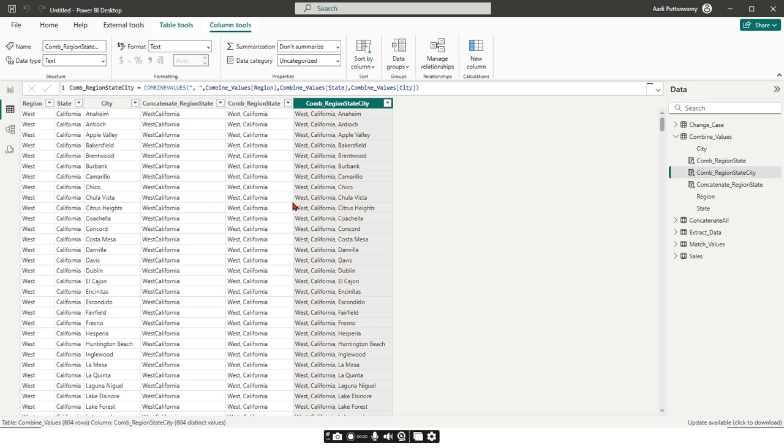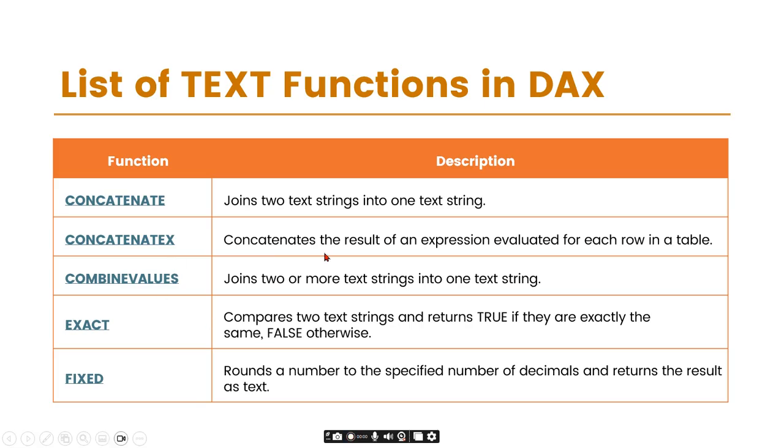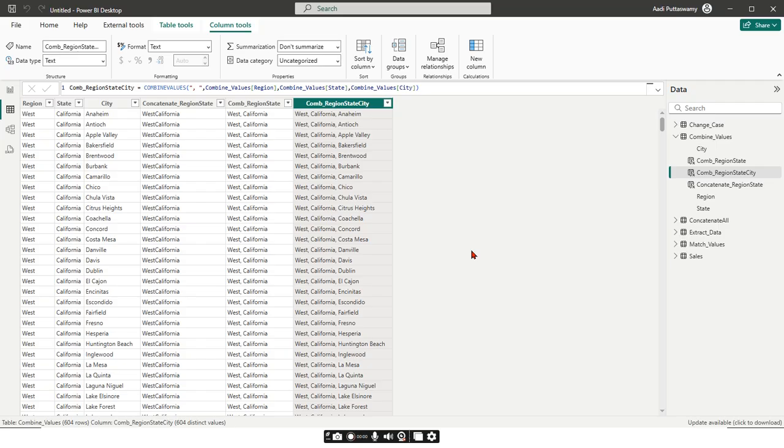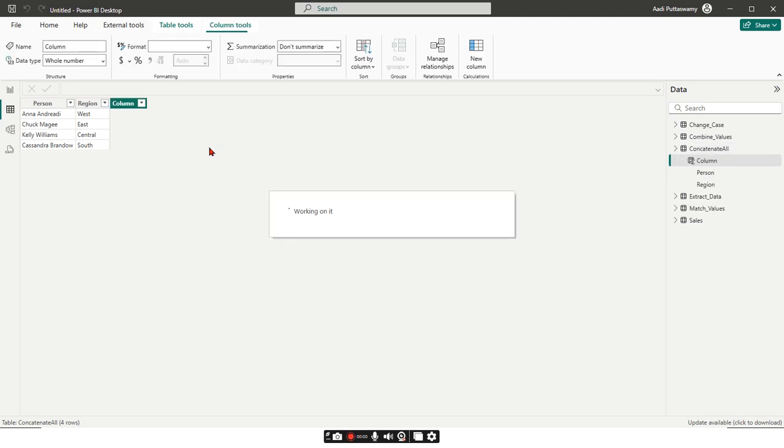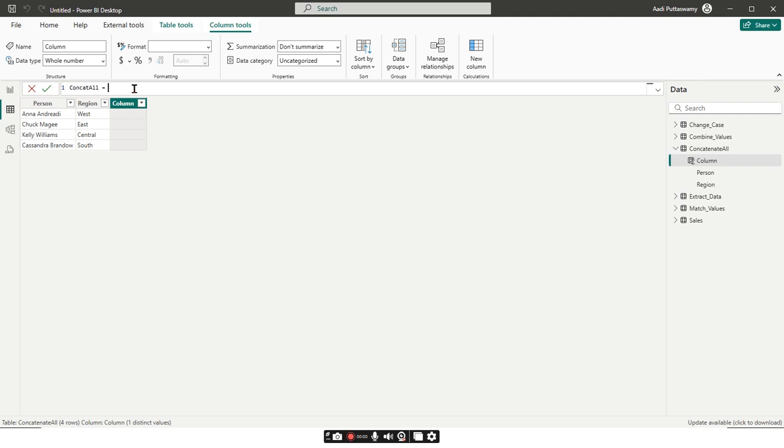Alright, now we have one more function called concatenate X. So what is this? Let me just show you. I'll go to another table, let's say concat all. We have 4 records here. What I want is for all these records to be combined in one cell with a delimiter. So we'll go here, take new column, and we'll say concat all equals